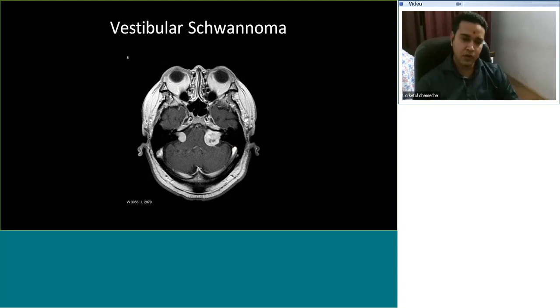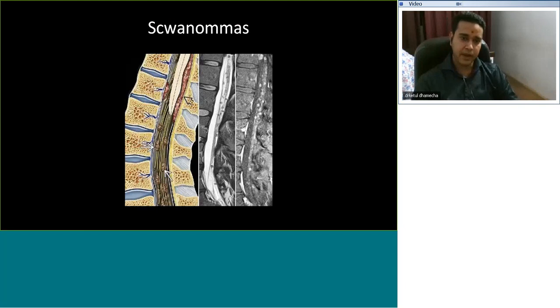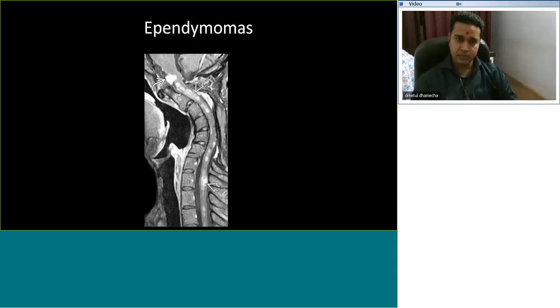If small, you can see just a significant enhancement. If it enlarges much more, you can see a necrotic component and calcification within the schwannoma. Multiple meningiomas: you can see here multiple extraaxial enhancing lesions along the falx, along the convexities. This is multiple meningiomas. Similarly, multiple spinal schwannomas, multiple extraaxial or intradural enhancing lesions in the spine. Sometimes you can find the ependymomas as well as the